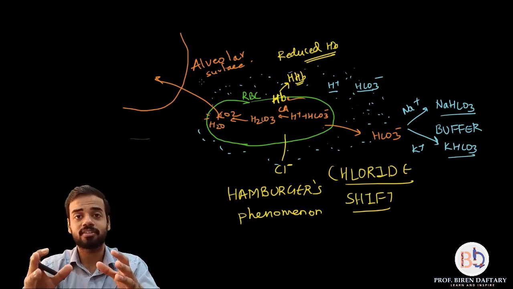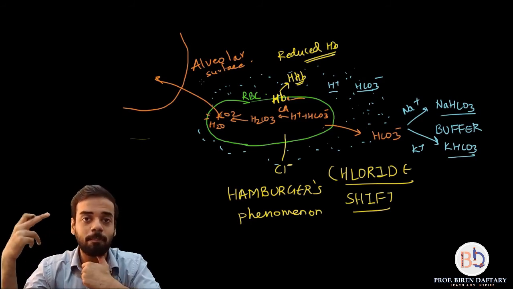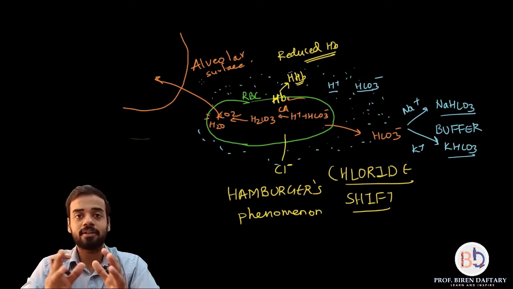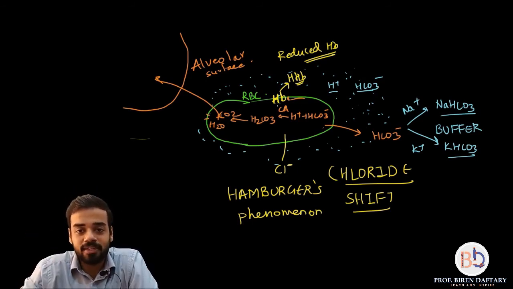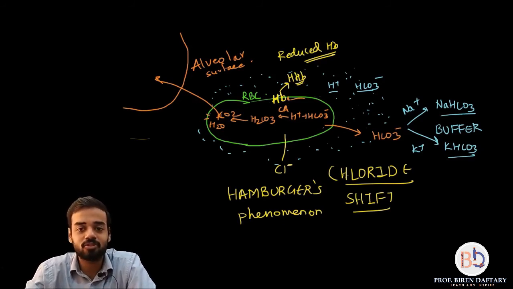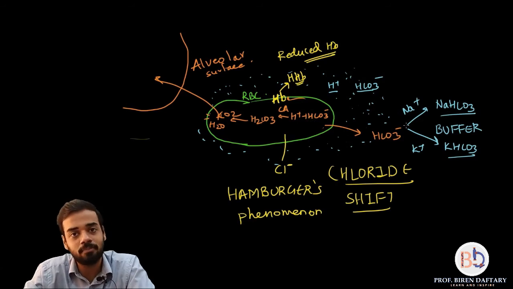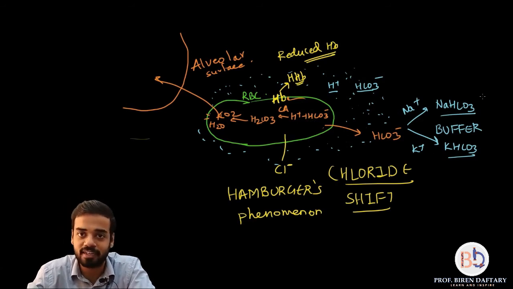70% of carbon dioxide is transferred back in this manner. Is this clear? Okay, so the same reactions are occurring in the RBC and the plasma, but please remember this chloride shift is happening inside the RBC. I have told you why it's happening, and these bicarbonate ions which are released out, they combine with sodium and potassium to form salts which act as buffer.